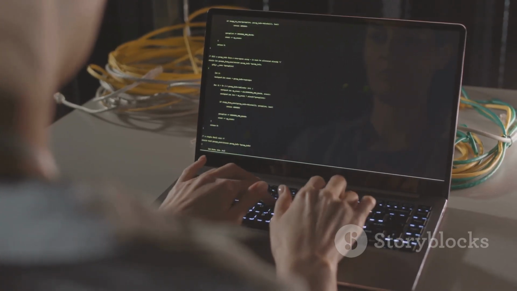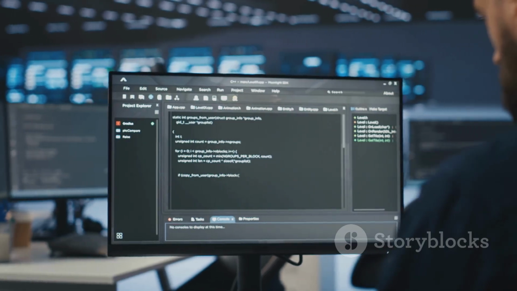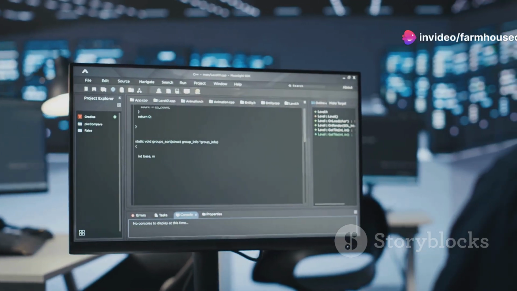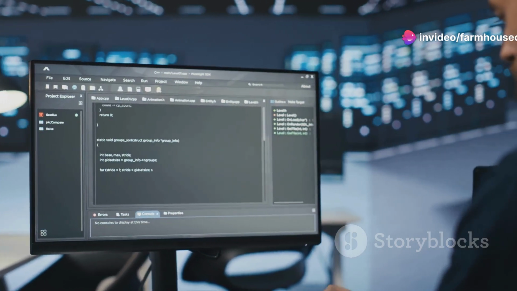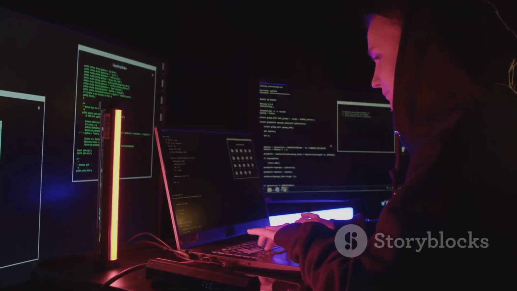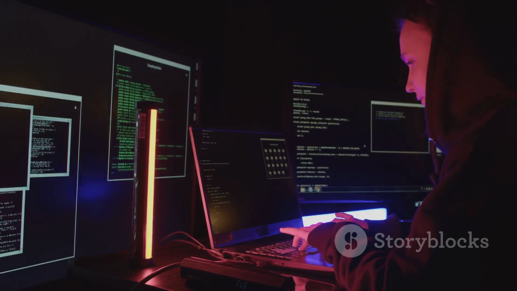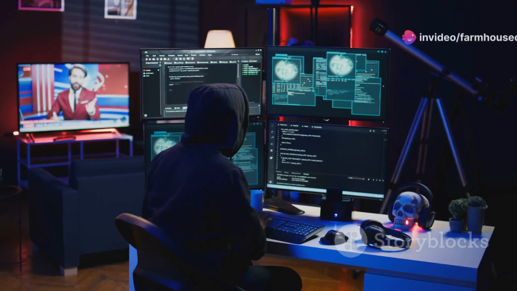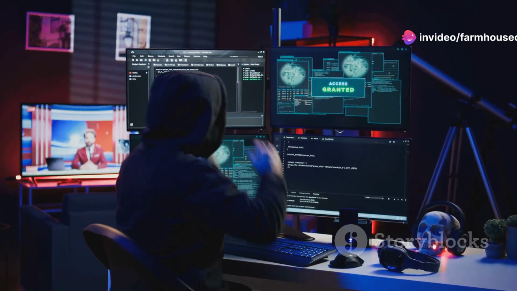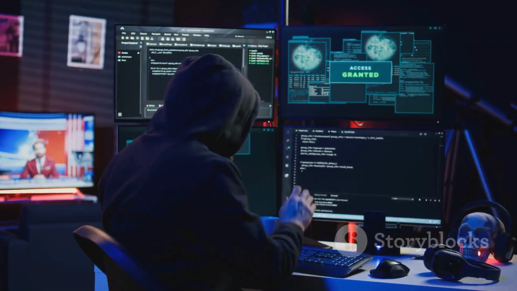Paramiko. Secure remote access made easy. Secure Shell, or SSH, is a cryptographic network protocol used for secure remote login and command execution. Paramiko provides a Python interface to SSH, allowing you to automate secure connections to remote systems. Ethical hackers use Paramiko to interact with servers securely, upload and download files, and execute commands remotely.